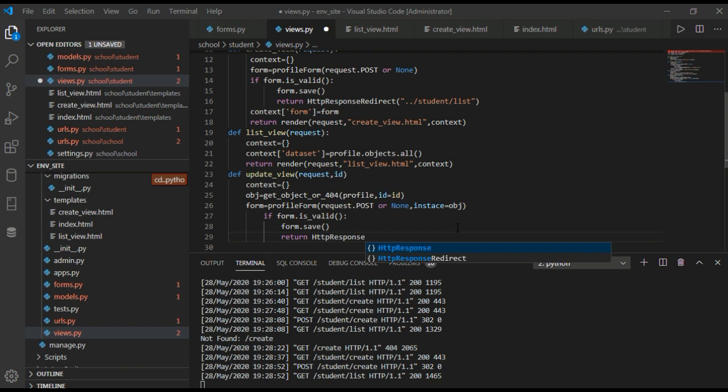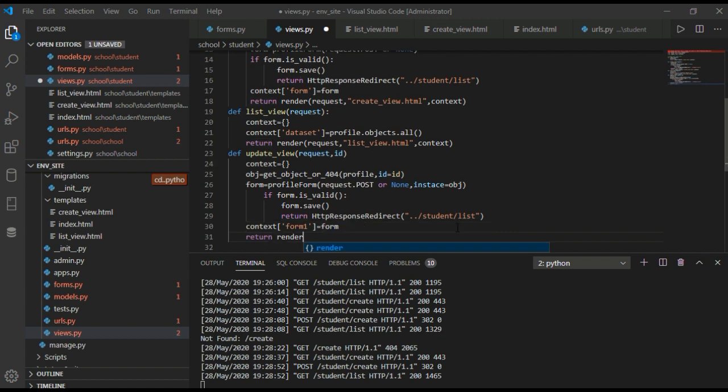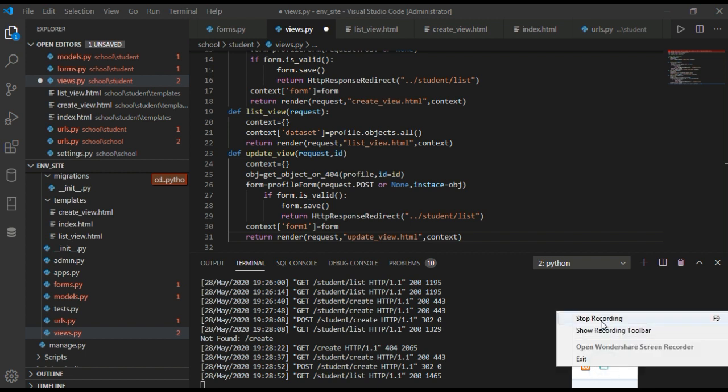Now if form dot is valid, form dot save, return HttpResponseRedirect, and we should have student and this time list.